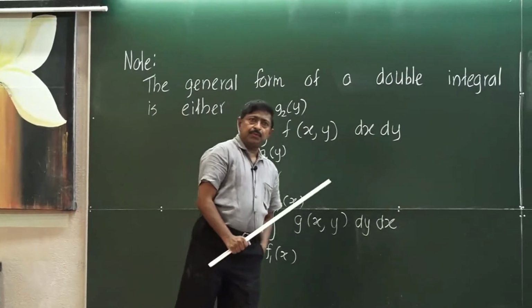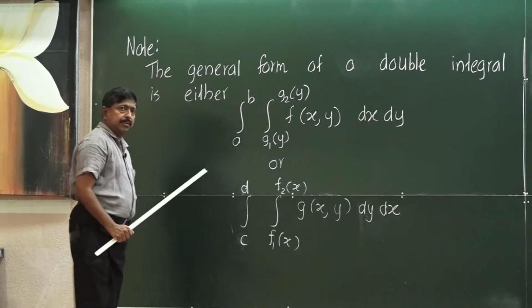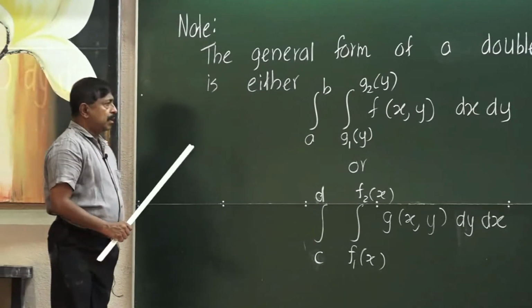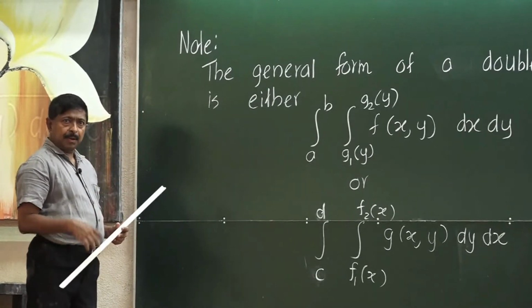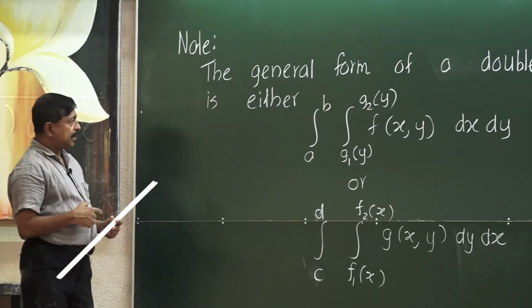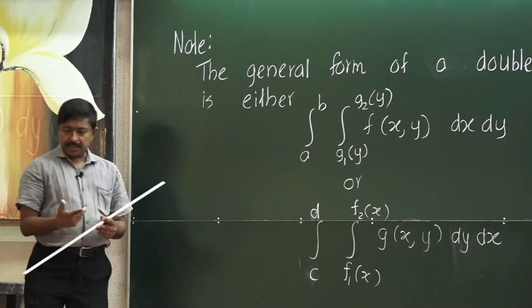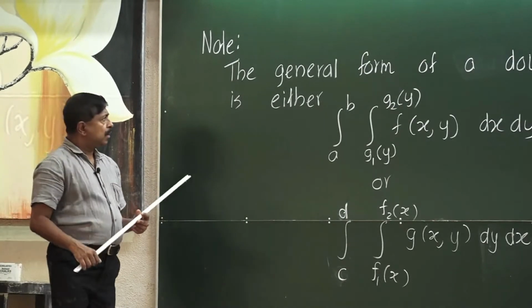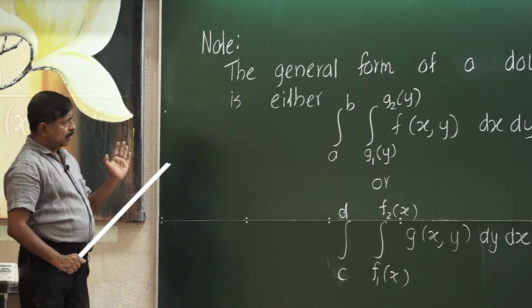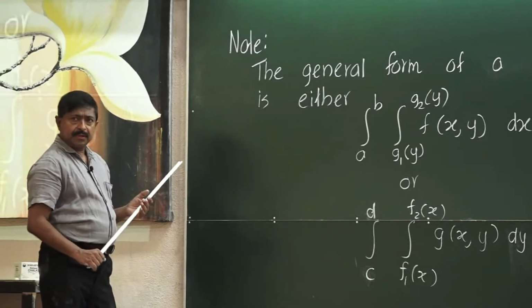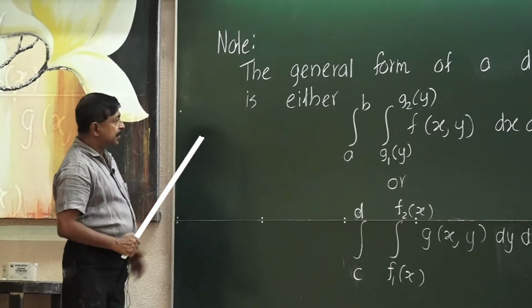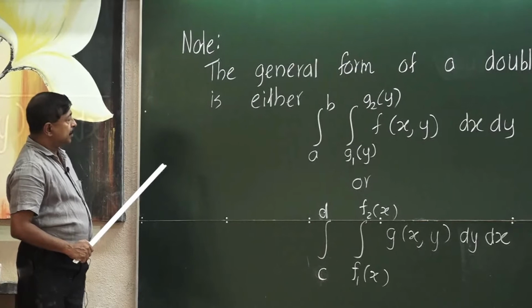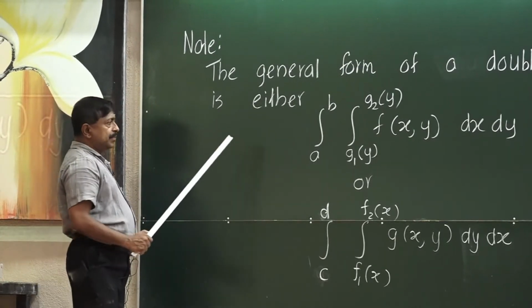This is the continuation of the third video. We simply considered the double integrals, as well as how we evaluate them and how we apply them to find a volume. Then, even though we have considered all of those, we did not consider the general form. So, the general form of a double integral is like this.